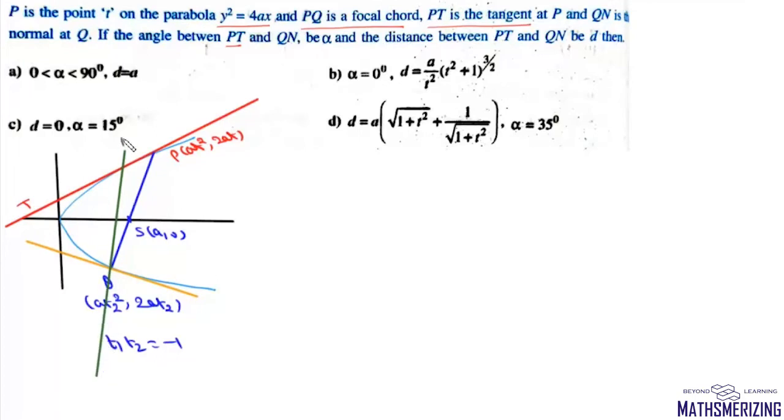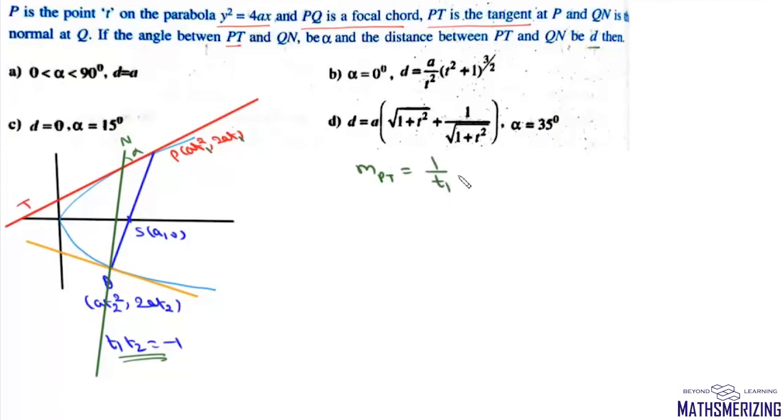Suppose this is QN. The angle between PT and QN is alpha, and d is the distance between PT and QN. We need to find the value of alpha and the value of d. Now it is given that t1 into t2 is minus 1. The slope of PT is equal to the slope of the tangent,